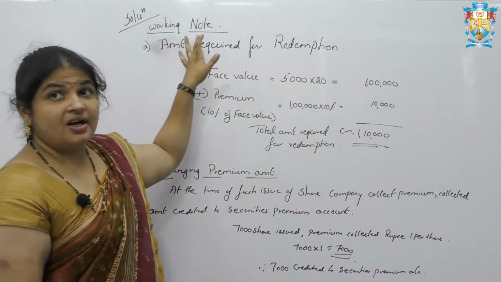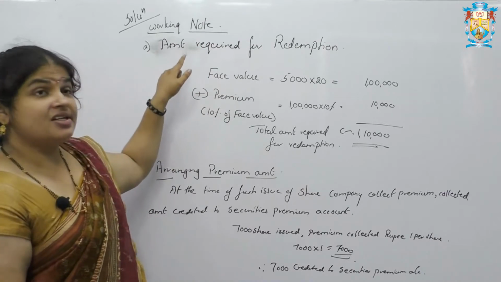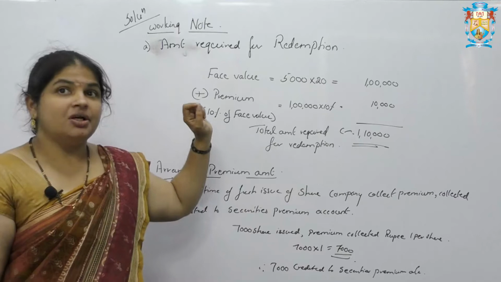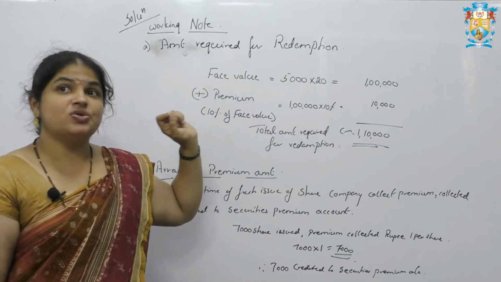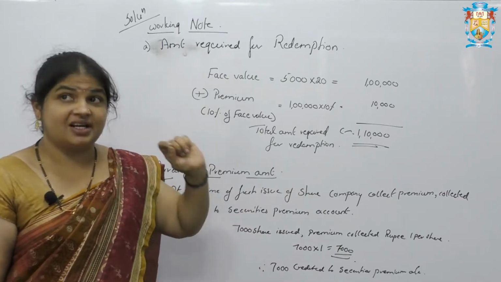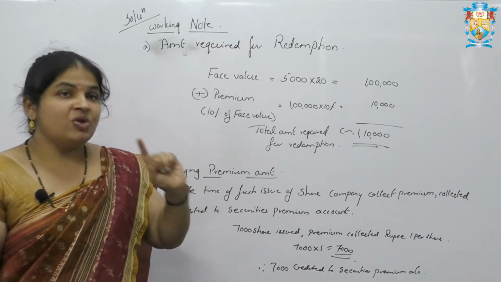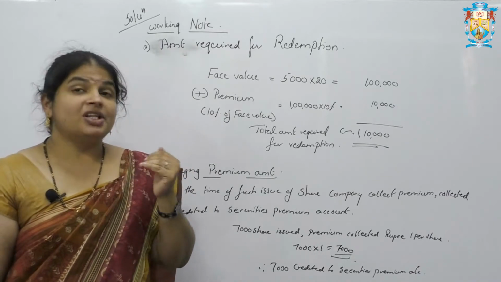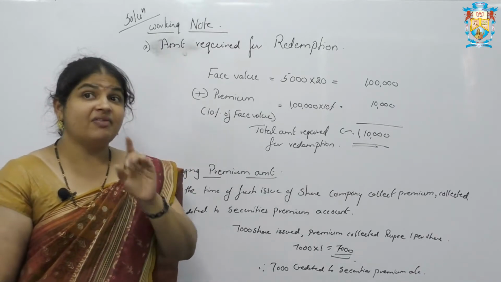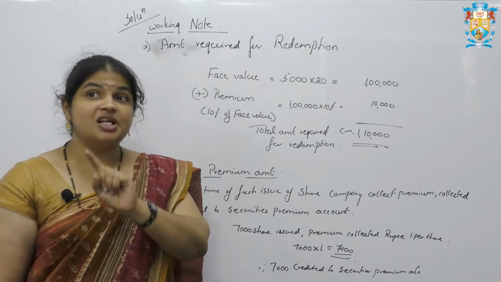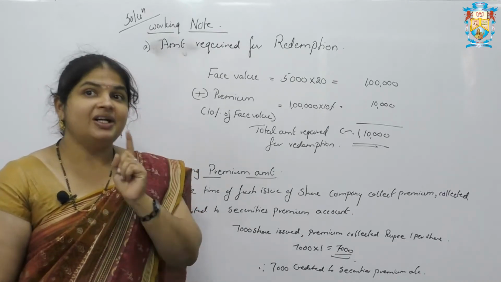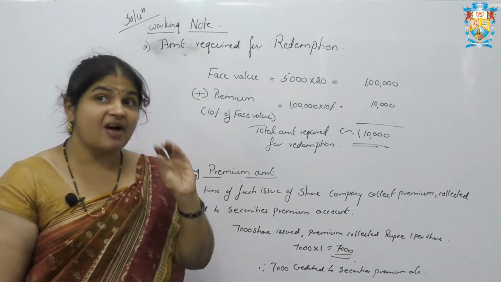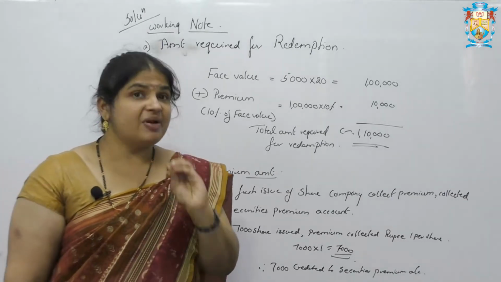First let us come to the working note. Read the question properly. According to the question, PQR Limited issued 7,000 equity shares of rupees 10 each at a premium of rupee 1. For what purpose have they issued the shares? For the purpose of redemption. So in the beginning, what shares did we have? There were 5,000 7% redeemable preference shares of rupees 20 each to be redeemed at a premium. So I am going to redeem 5,000 redeemable preference shares.